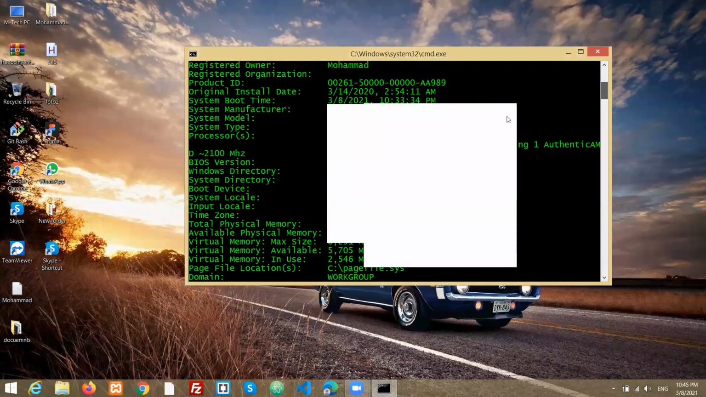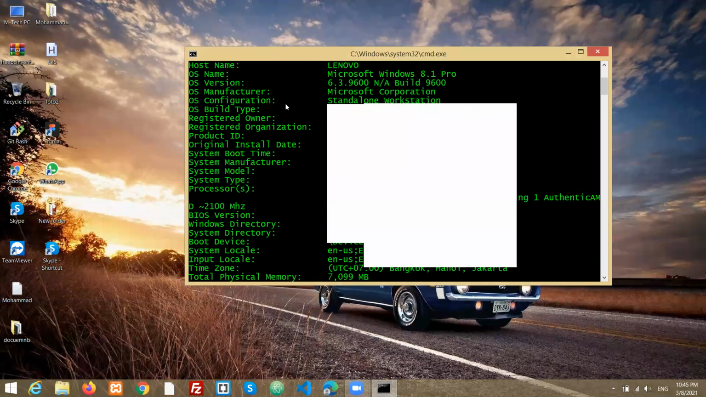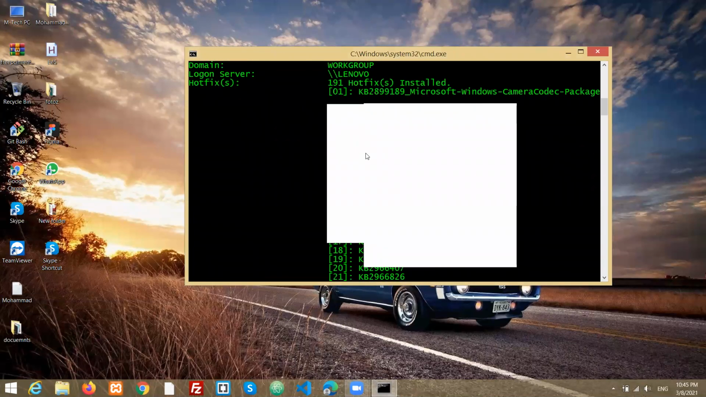So let's see other things: host name and registered owner. Everything that you need, you can find in systeminfo. Okay, so the next thing we have is